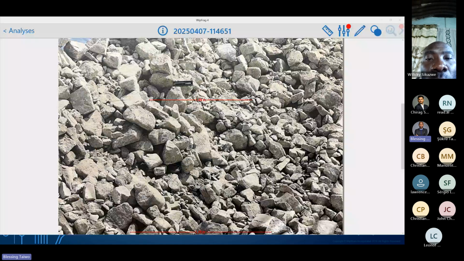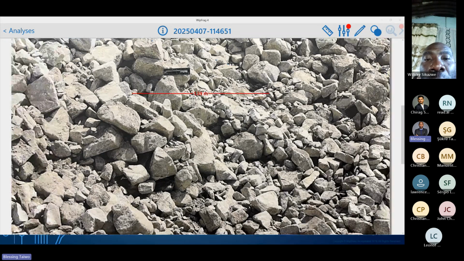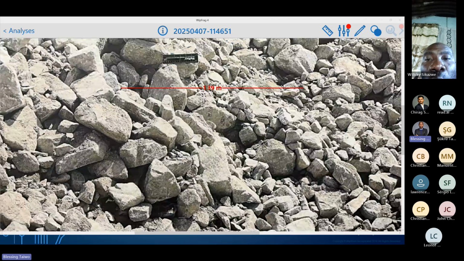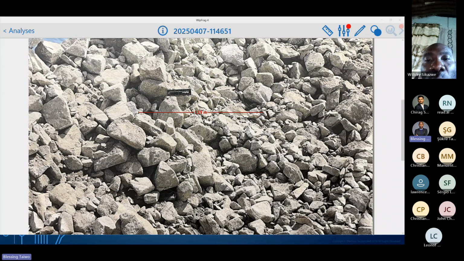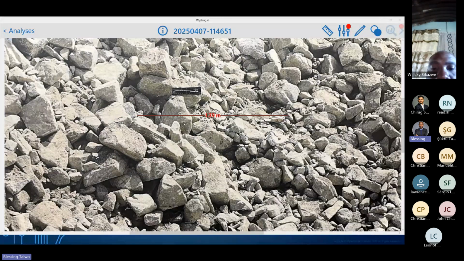So here I have this image taken with my mobile phone. So this is the auto scale feature of the software, and I'm also going to switch to it in case you want to put a scale object. As I've mentioned, you can take the picture with your mobile phone app. If you take the picture with your mobile phone app, the software is going to use an auto scale feature, which I've also attached a link. I'm going to send a link to a full version of how to take a picture with a mobile phone app.